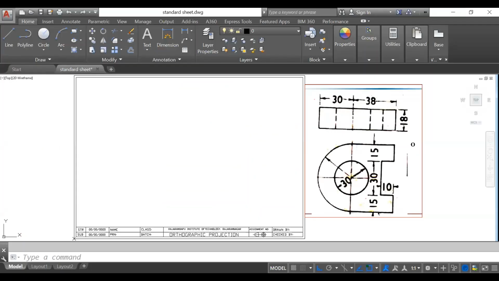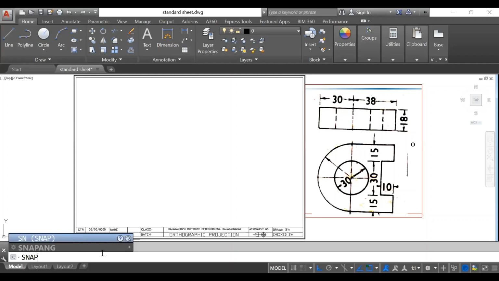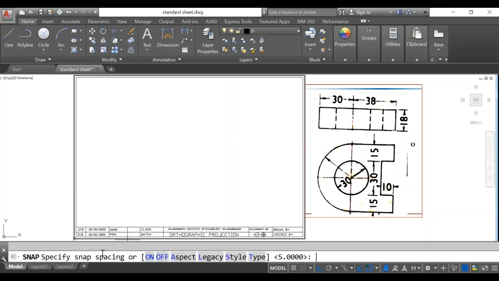From this onwards, some settings are very important, and you are supposed to learn those settings in AutoCAD. The first thing is that this is the 2D drawing window of AutoCAD. We have to convert it into the 3D window. So how do we convert from the 2D to the 3D window? First there is a command, just remember these commands, or otherwise you can note them down somewhere. You have to use the snap command: snap, enter. Once you enter the snap command, you will get the style option here. So click on style.